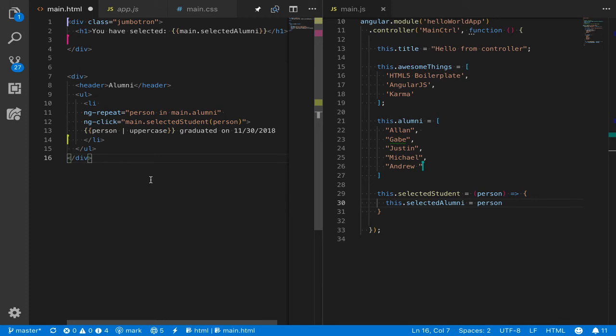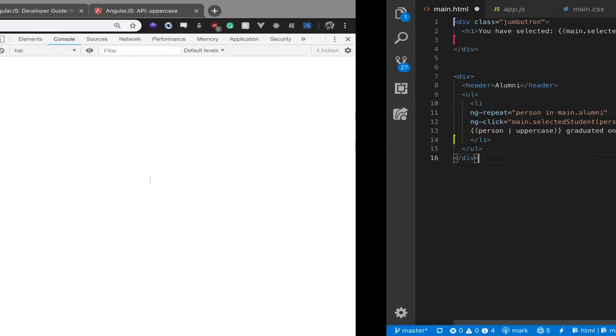Exactly. So here we don't have to call a special setState. We can just say, hey controller, you have a new attribute called selectedAlumni and its value is person. So you notice how whenever I first loaded the page,